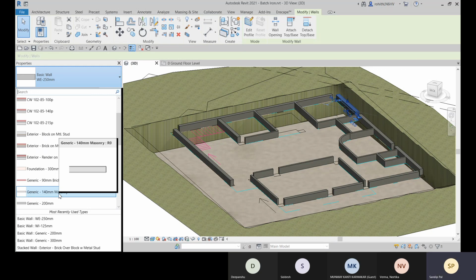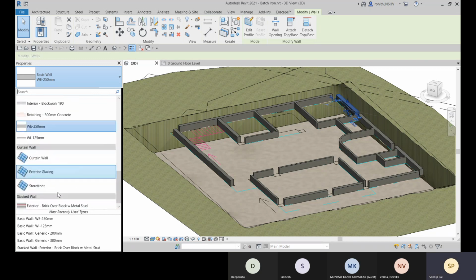What are the layers? Layers are like your structure layer, membrane layer, thermal layer, this kind of layers. When you add these in a wall, those walls are called compound walls. So we have compound wall and generic wall within the basic wall type.